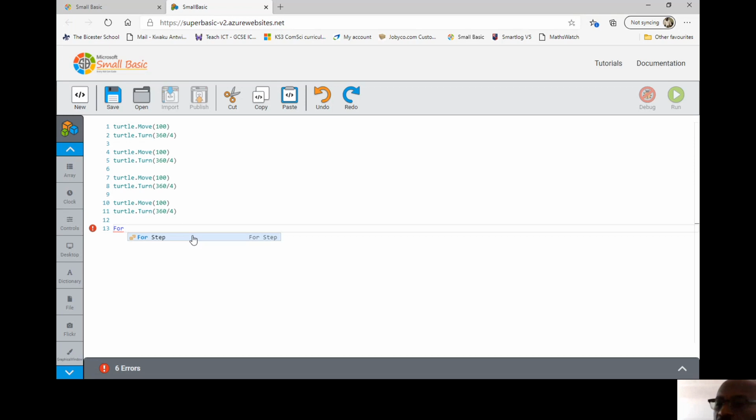Because we're going to use this box to store the number of sides of the shape. Let's call our box sides. And you can call it anything you like. And we're saying that we want to ask the computer to put numbers 1 to 4 in it. So what we are saying is, start from number 1, put 1 in the box, carry out,